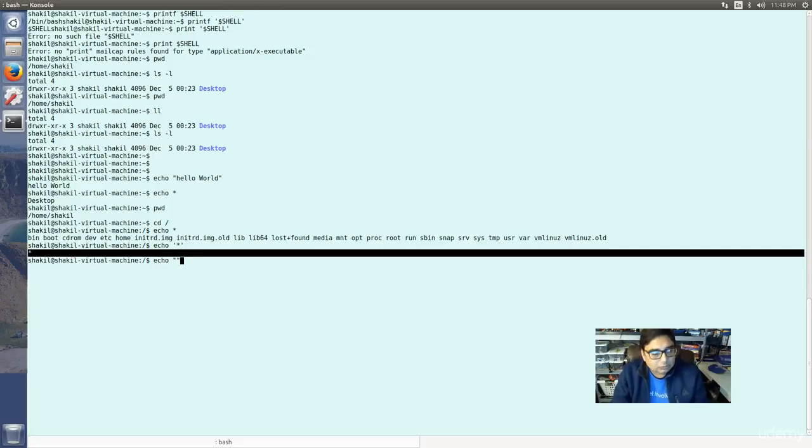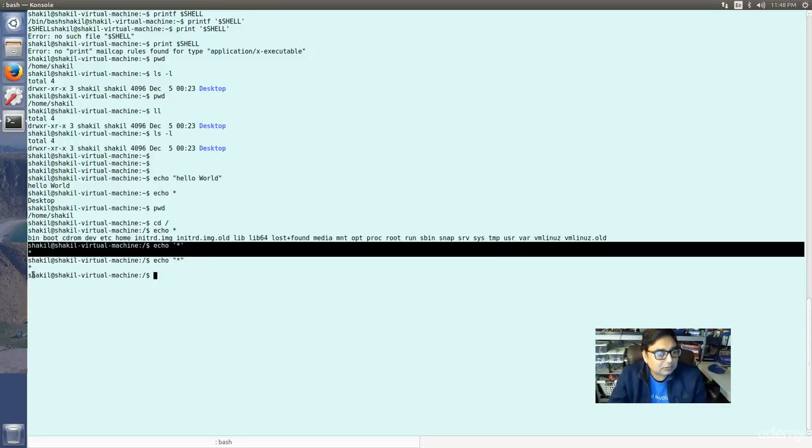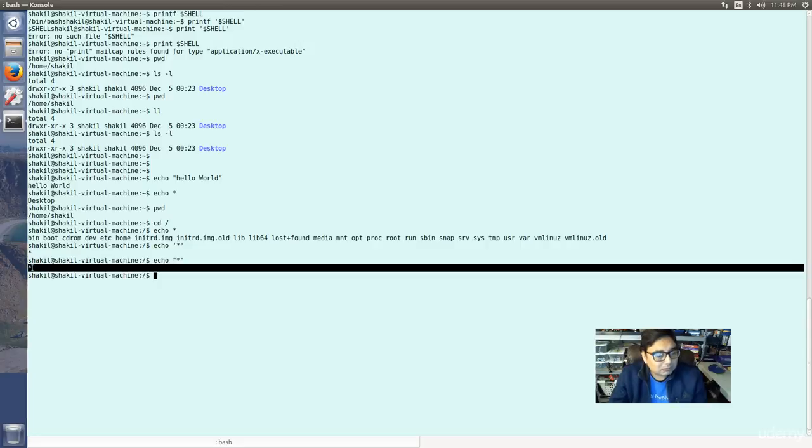There is a difference between double quote and single quote. We will learn through all of these. So now here also, with the double quotes, it will say star, but still there is a difference between these and this in terms of variable expansions. We will go through all of this in some of the later chapters, but what I wanted to show you